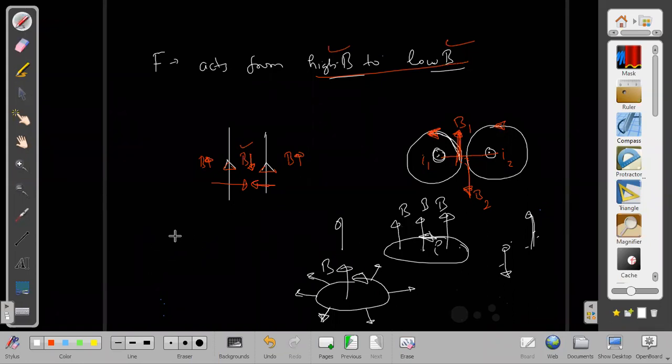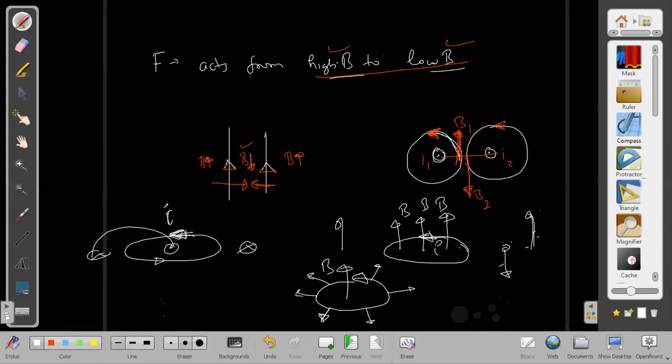Stronger field. First of all, somebody will think, why is this stronger inside? If you don't understand everything properly and precisely, you will not follow the logic. Due to the current carrying loop, which is sending current in the direction shown, in which direction will the field be inside? Inside it will be coming up, or not? Yes, sir. And outside it will be going cross.